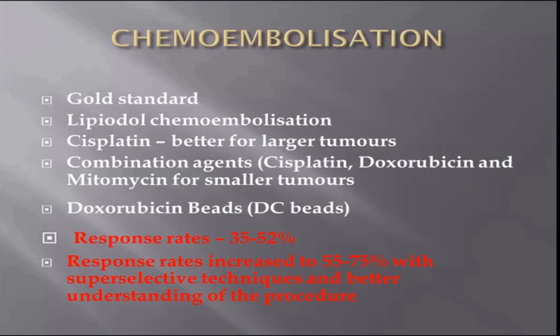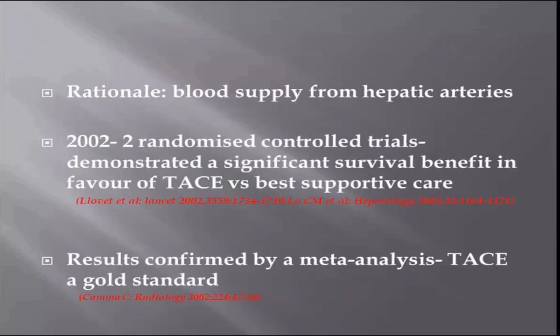And the earlier response rates were a little dismal. They're not very happy with 35 to 52% response rates. But now response rates have definitely increased up to 75, even up to 80%, because we're going super selectively into the lesion using a much lesser dose of the chemotherapy agent and just targeting the lesion with the specialized microcatheters